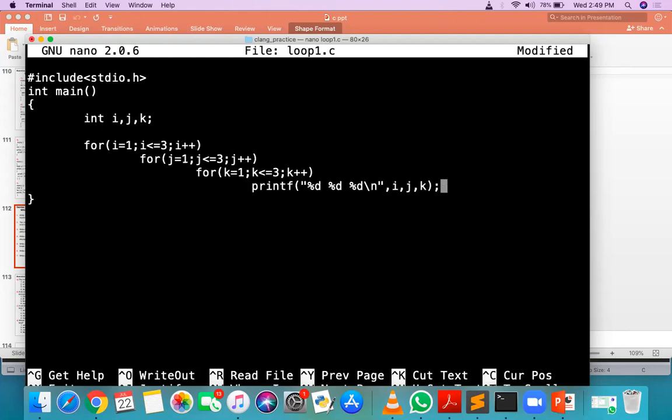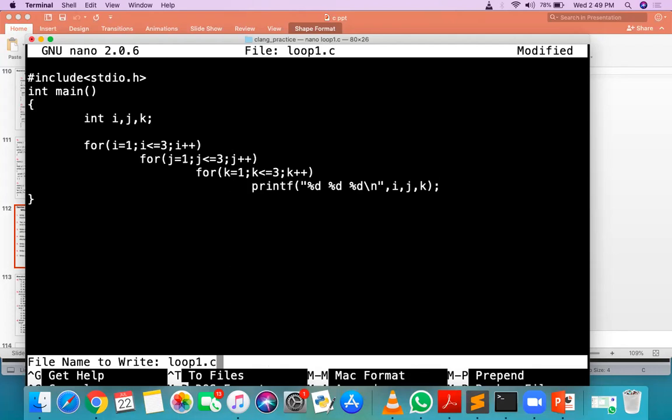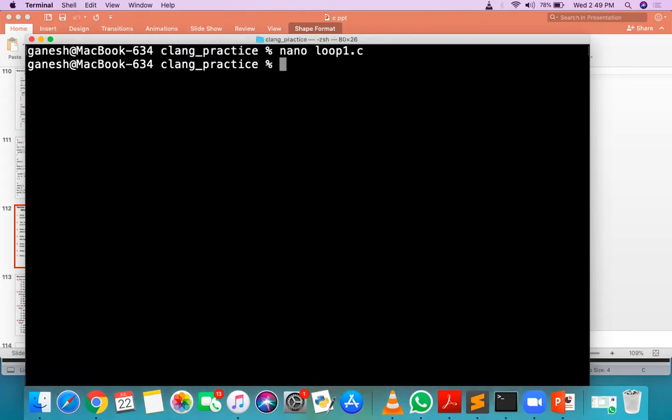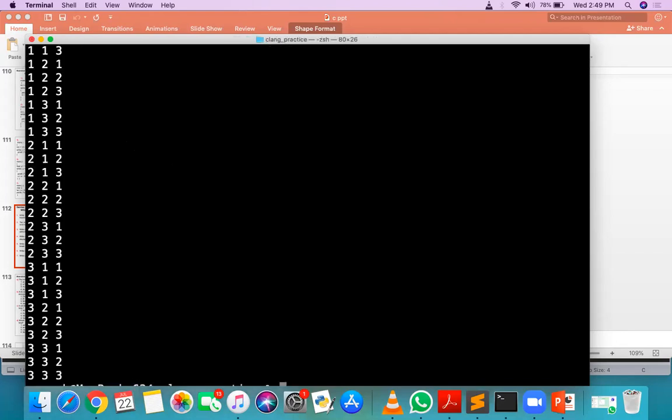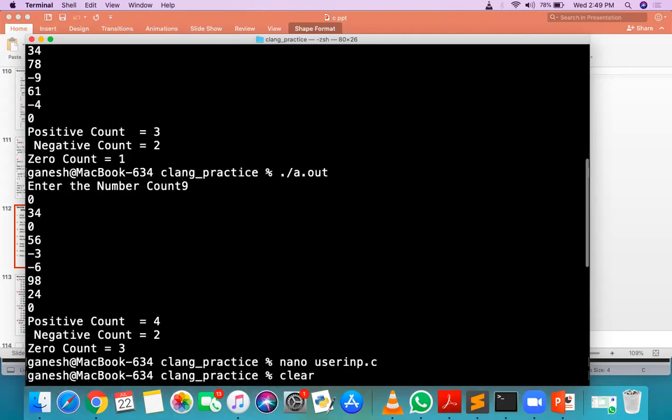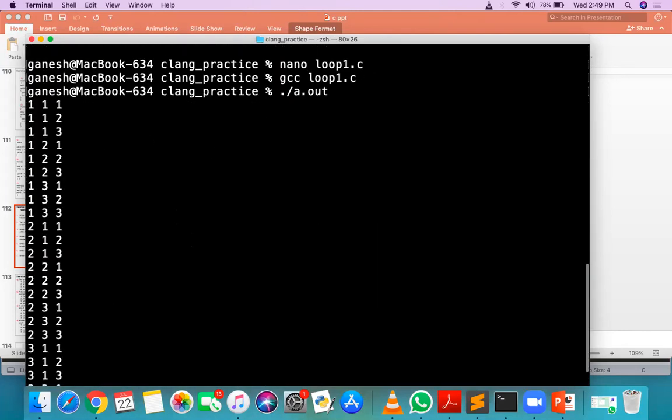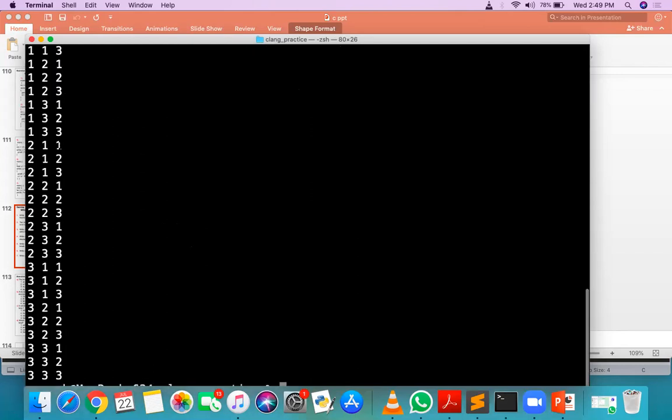Compile with gcc loop1.c, then run ./a.out. So here you can see this is 1 1 1, 1 1 2. Yes, how many combinations? Okay.